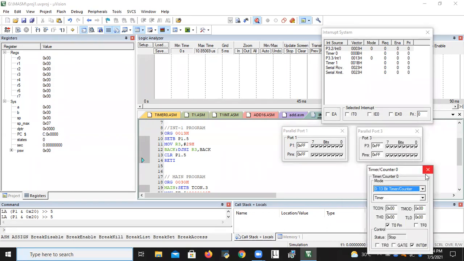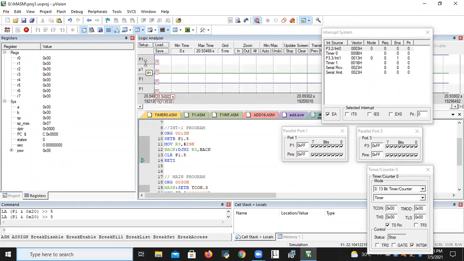You need to check all this, how the bits will be changing. Now I am executing the program with the single button run F5, right? I was executing this, just I was pressing this. You just observe here which interrupt is enabled. Interrupt 1 is enabled as per the program.